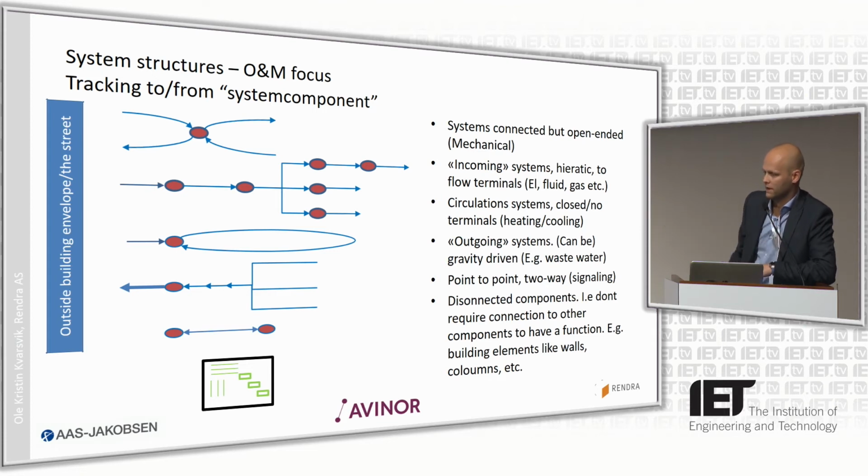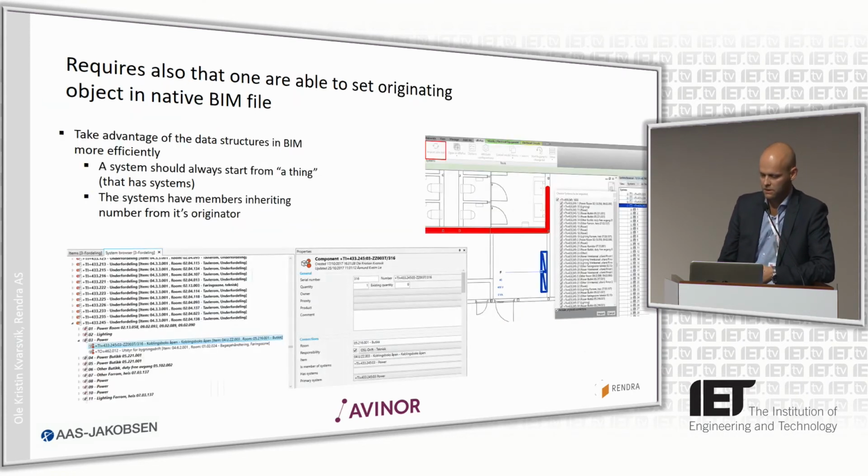The box in the bottom there, that's everything else. That's the building elements, which are just occurrences of types. So you have a wall type, and you have an occurrence, etc. It doesn't have that same kind of connection and connectivity. Still, the classification in the IDs doesn't reflect this as such. So